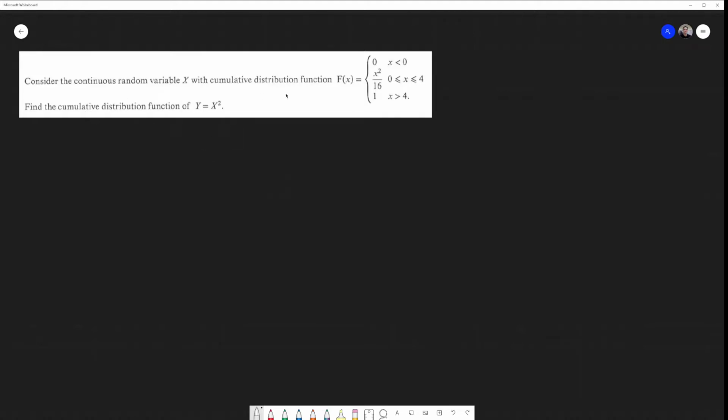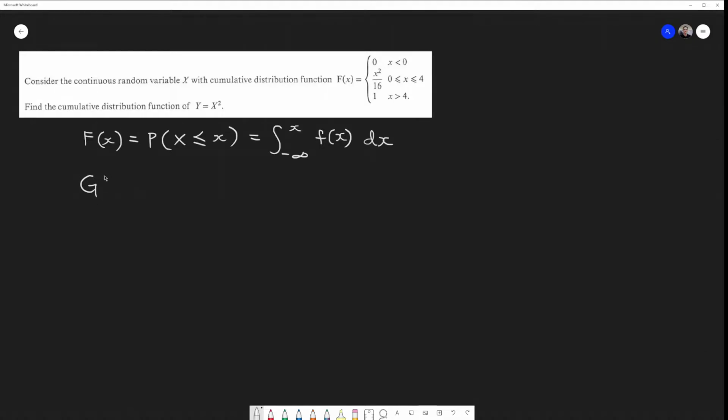Okay, so we know that F(x) actually means P(X ≤ x), which essentially means integrating from negative infinity to x, and then your PDF dx, right? So if we are given this transformation Y = X squared,